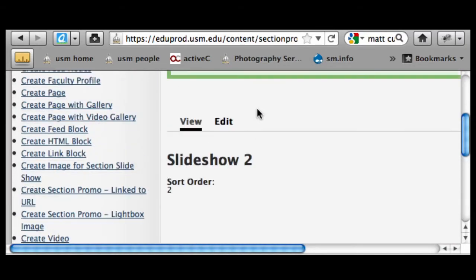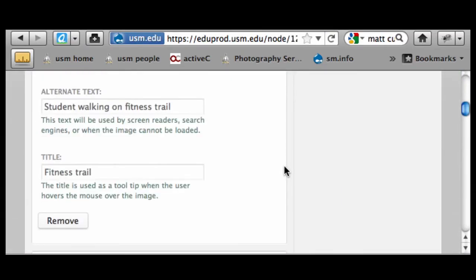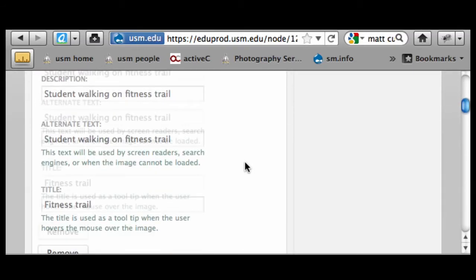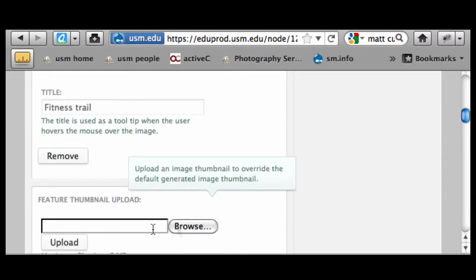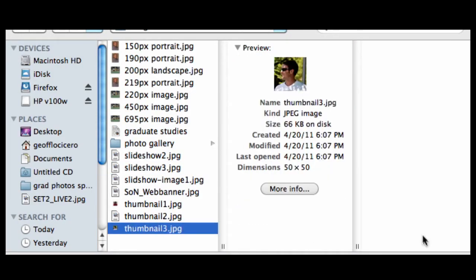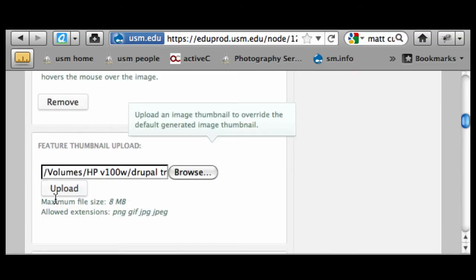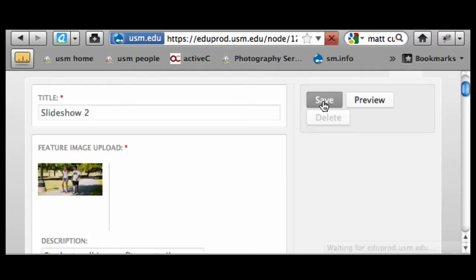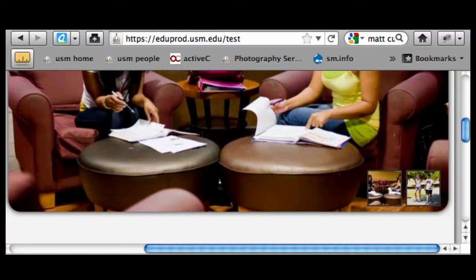So if I go back in and I edit slideshow 2, for example, and I'm not going to do it on both, but sorry, where am I? I lost my train of thought here. Feature thumbnail image. If I browse and get thumbnail 3, which is just a crop of this guy's head, and I upload that and I save it, and I jump back over here and I refresh that,